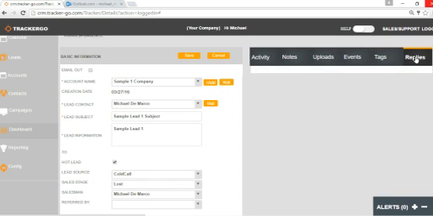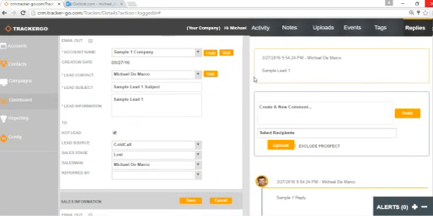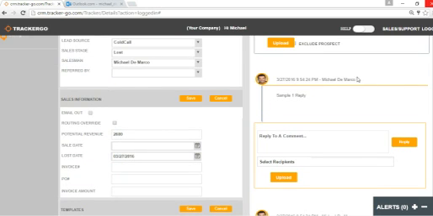And then in the replies tab, you'll see here that this is an area that talks about what the lead was. This was the introduction. And then in Tracker, you could actually create a comment here and then reply on that. And as you reply on that, you'll see that it starts to build a separate thread of conversation. And then somebody can actually reply to this here. So you can have multiple conversations in Tracker across multiple people,